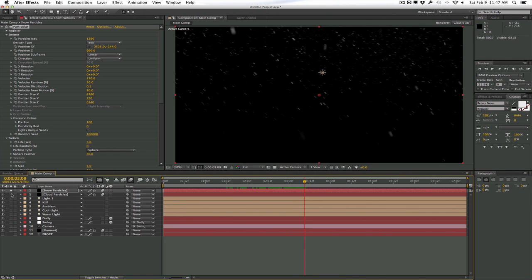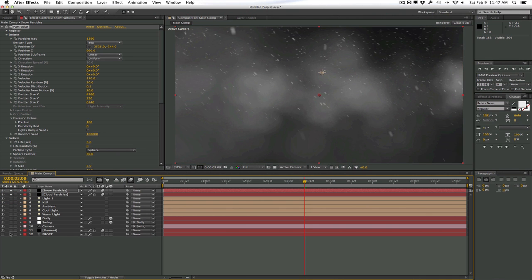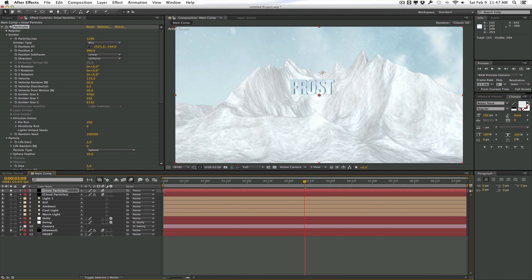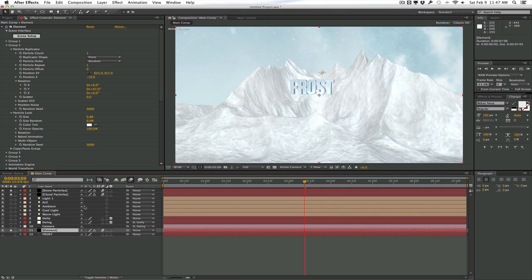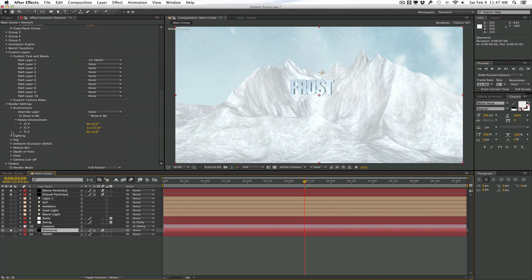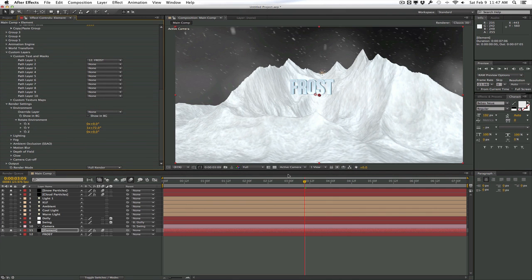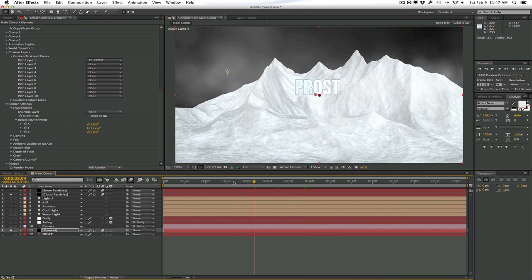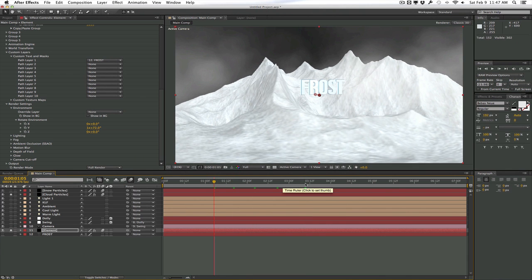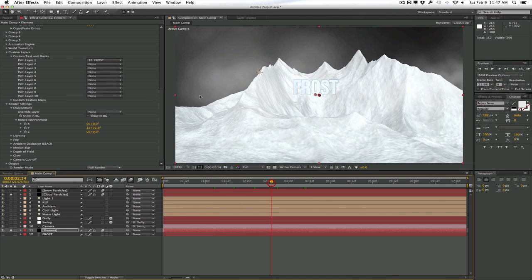So right now, if you look at our particles, they're just simply overlaying in front of our element layer. So right now, let me just shut off the environment. So we'll go to environment, shut it off. Right now, as you can see, we just have a lot of particles flat on top of our mountain here. They're not really incorporated. They're not very blended in. So these clouds are simply just being layered on top of our 3D mountains here. Even though it is a 3D environment, After Effects doesn't have a sense of 3D depth with these two separate